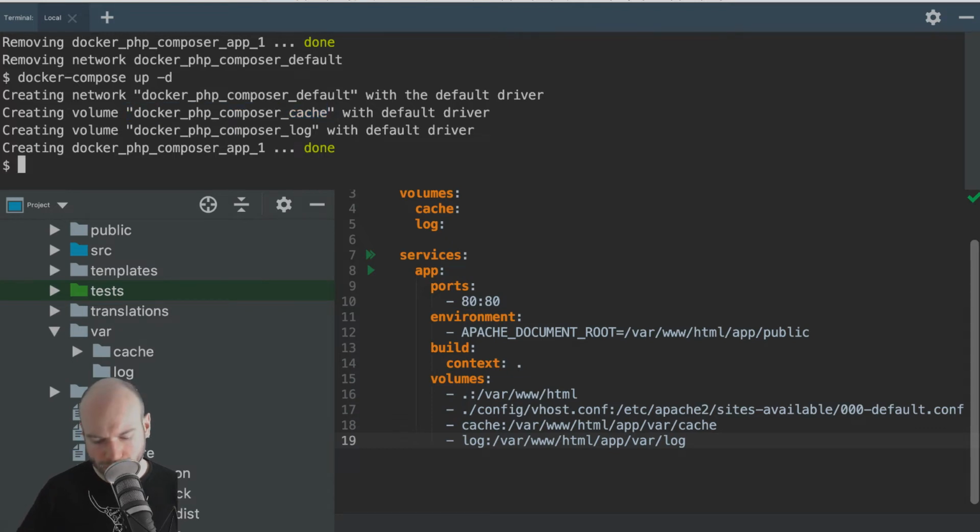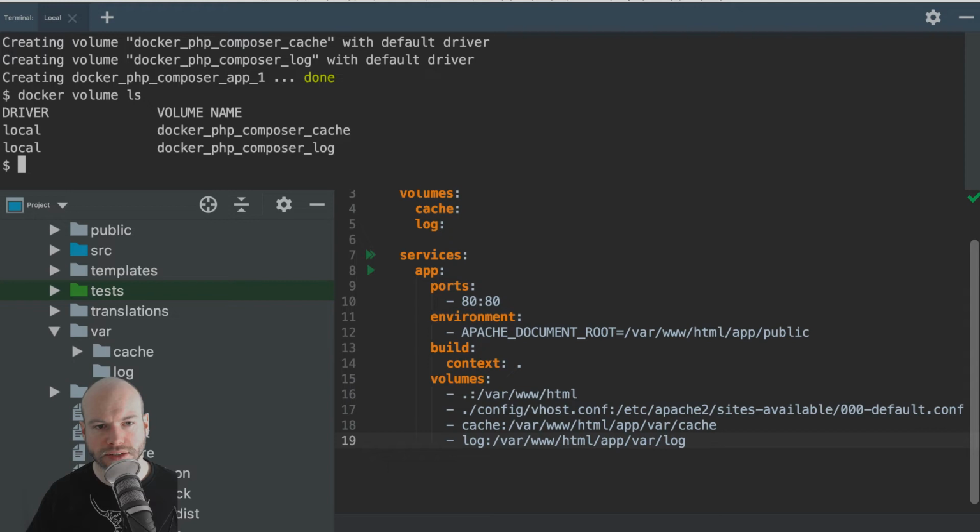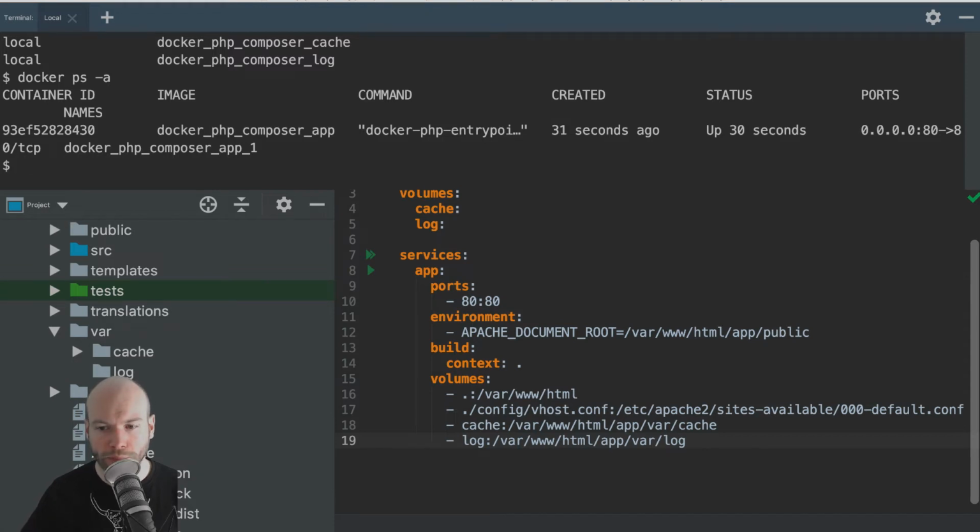You can find these actually by doing docker volume ls. I always get that wrong, I always put an S on the end. So these are the volumes that we've created. So they are completely different, as in independent from the actual containers. So docker ps -a, because we've just spun that up. And that's all good.